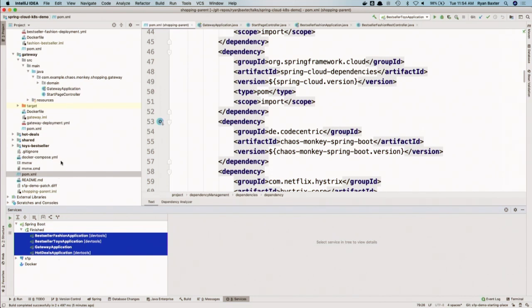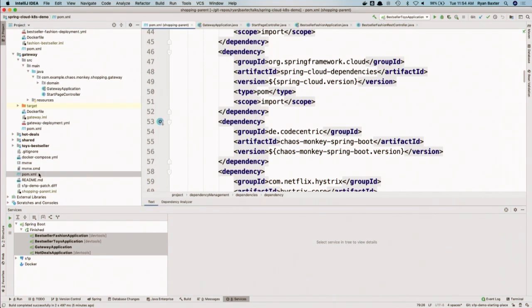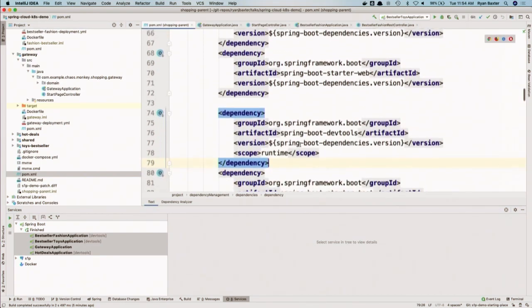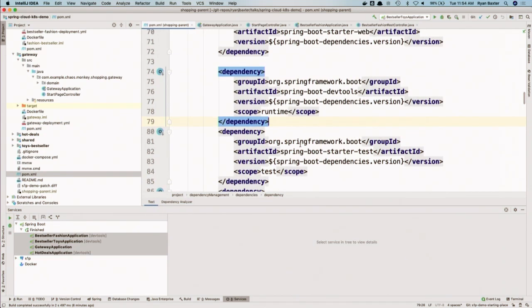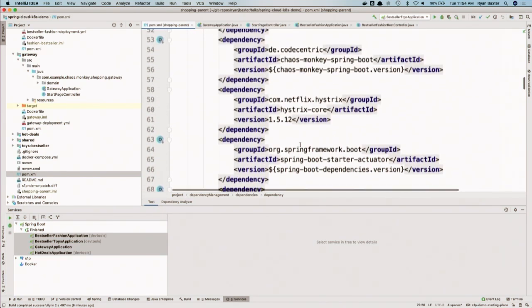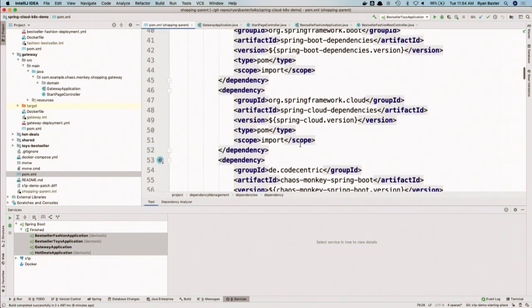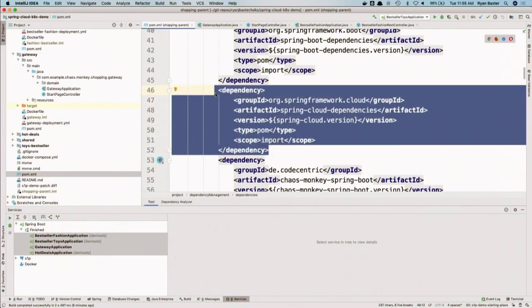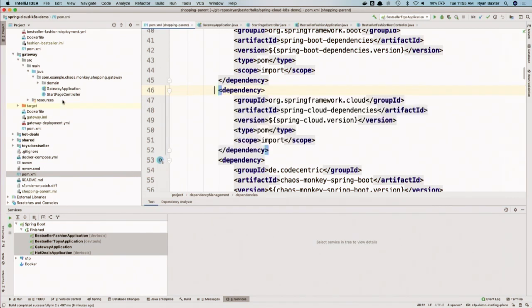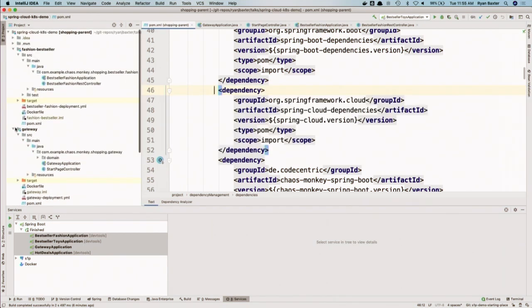So obviously, the first thing we need to do here is actually add the Spring Cloud Kubernetes dependency, right? So in our parent POM, we're importing the Spring Cloud BOM here, okay? So we have that dependency.